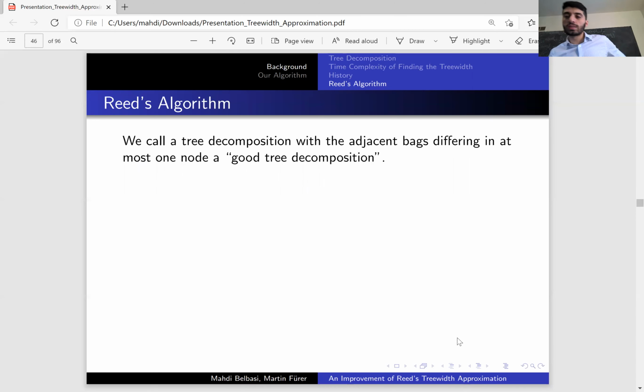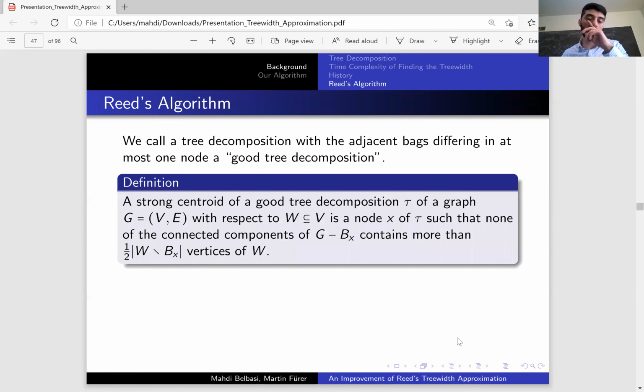In Reed's algorithm, we start with 3 decompositions that differ. The adjacent bags differ in at most one vertex, and we call such 3 decompositions good 3 decompositions. And it's easy to convert any 3 decomposition to a good 3 decomposition in linear time. So then we have a strong centroid